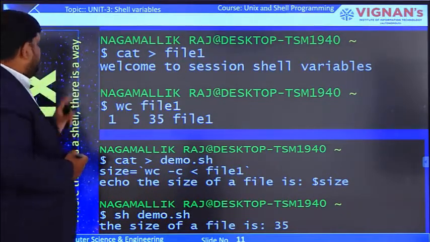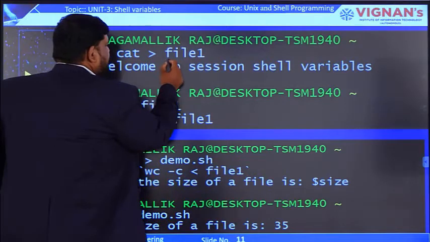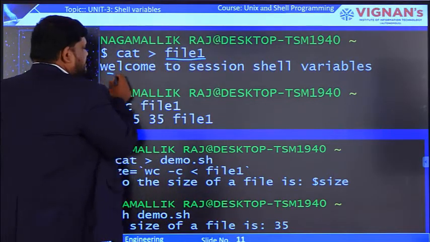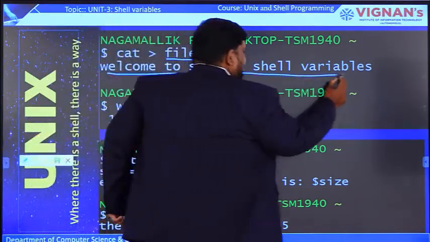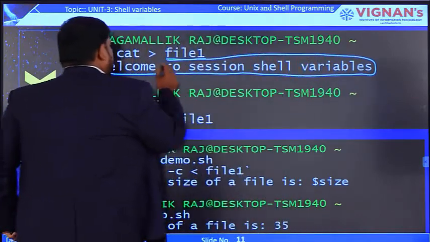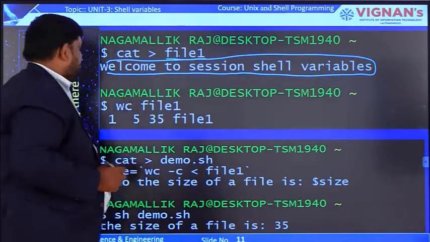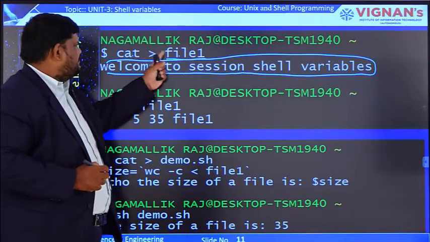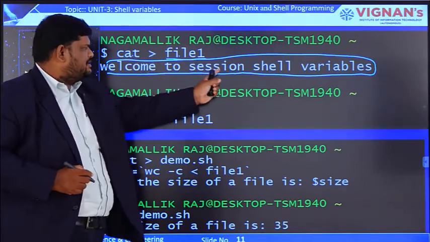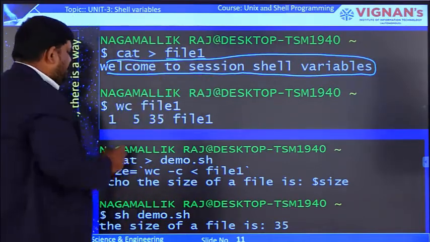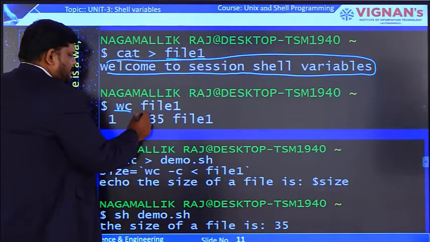For example, here we are writing some content to the file file1. The content is: welcome to session shell variables. This is the content present in file1. If you type the command cat file1, this content will come: welcome to session shell variables. Now here I am writing the wc command on file1.